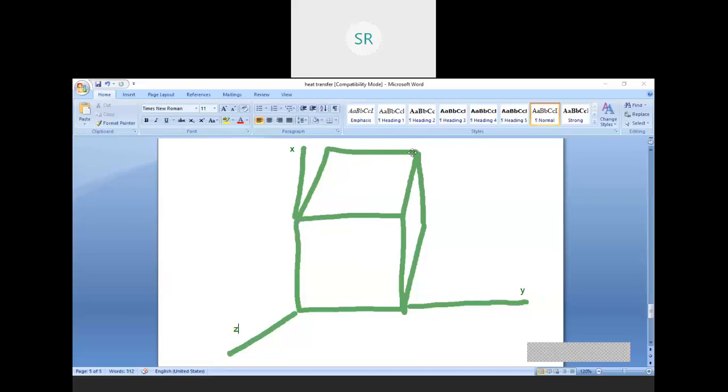If I take the top face, in the top face it is 0, 0 and 1. Okay, so it is 0, 0, 1.